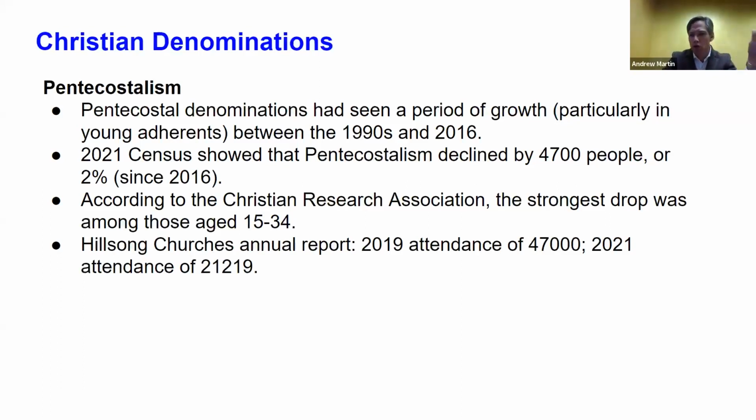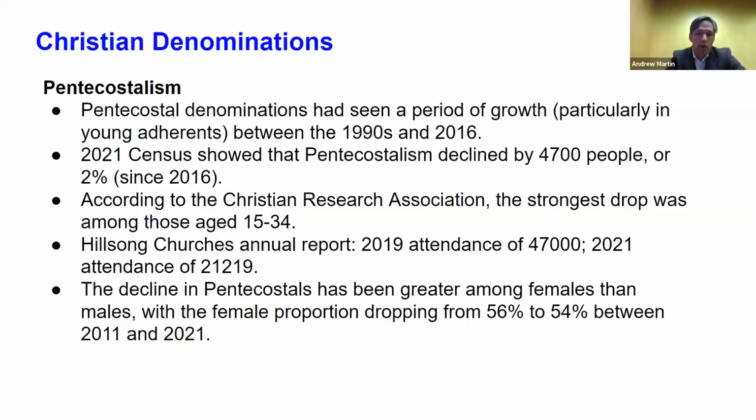Hillsong is an expression. You may have heard of the Hillsong Church. It's a church that was very popular in Sydney and still has a high profile, I guess. But you can see there the attendance between 2019 and 2021 has more than halved. Now, that might be because of COVID, of course, and people not coming back. And it might also be because of some scandals that have happened in the Hillsong Church, which I'll leave you to talk about